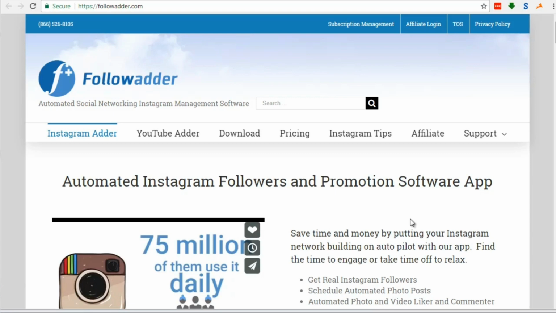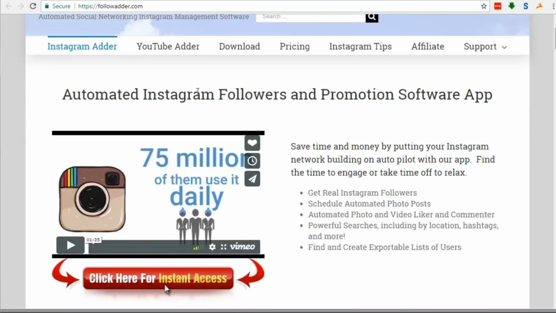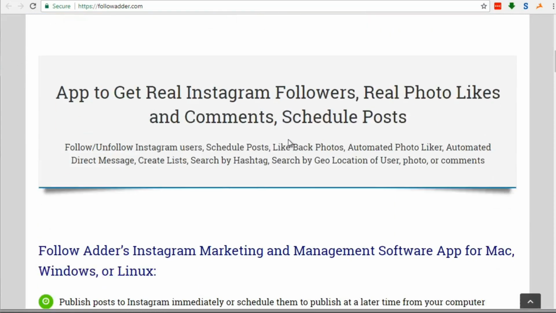All right. So one specific software is called Follow Adder, that's FOLLOWADDER, and this will allow you to basically find Instagram influencers in your niche and then follow them. So you can follow, you can unfollow Instagram users, you can schedule posts. And another way to get more followers is to even post more. So the more you post, the more exposure that you will get,